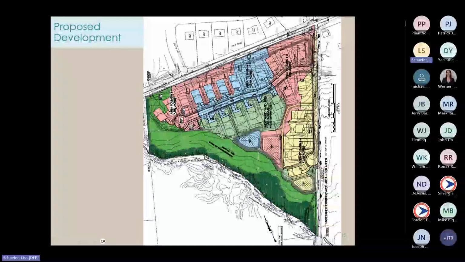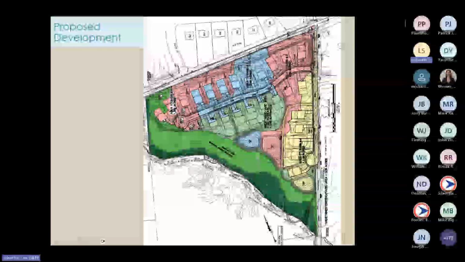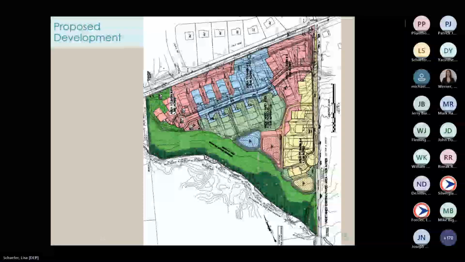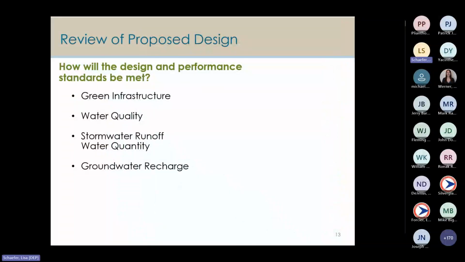Now, lastly, this light green area, that's roof area generated runoff that's not detained. So that could be an issue when we look at how the site complies with the quantity control design and performance standards. All right, so we know that the design does not meet the requirement to use GI, so that's strike 1. All right, let's take a look at other instances in which the project design does not comply with